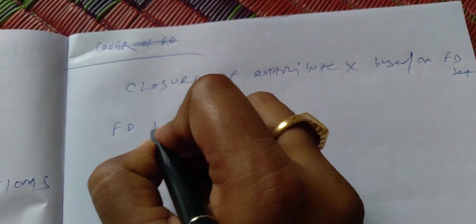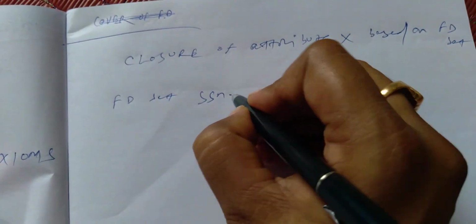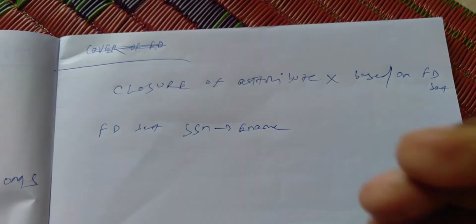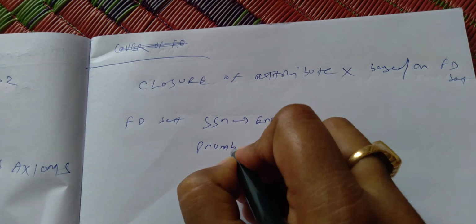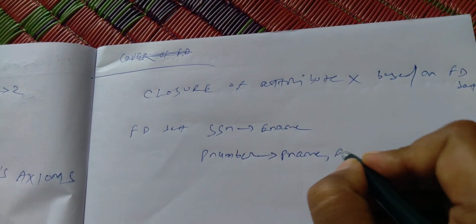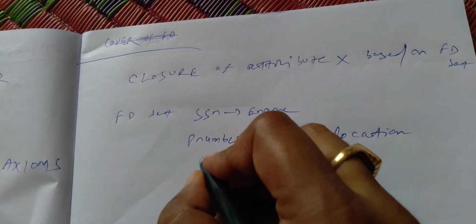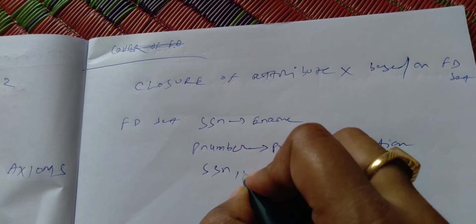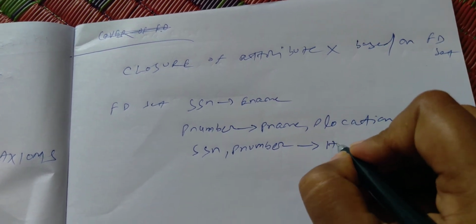Say you have a functional dependency set. Suppose a functional dependency set contains these functional dependencies: SSN, ename, p number, p name, p location, hours. Suppose these three, sorry,